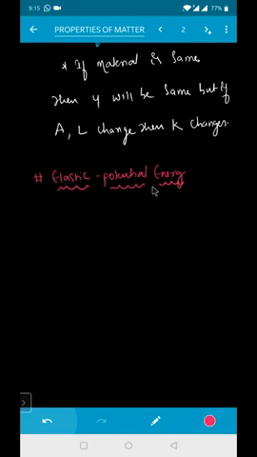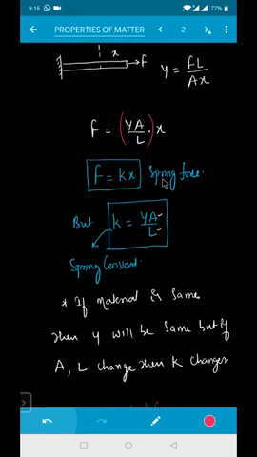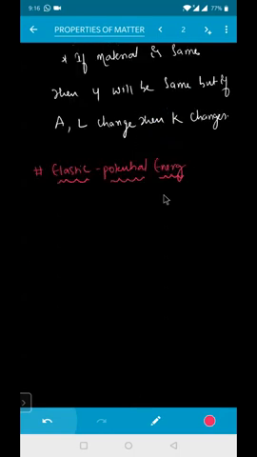For example, if I am the son of my mother, and I have a sister, myself and my sister are both common to my parents. In this one also, Y is a property of the material. Take one material of length L1 and another material of length L2, both have the same Y. One may be elder, one may be younger, there may be a difference in height and weight, but still they are the same offspring of their parents. So the material will be the same, but it doesn't mean that the area and length should also be the same.